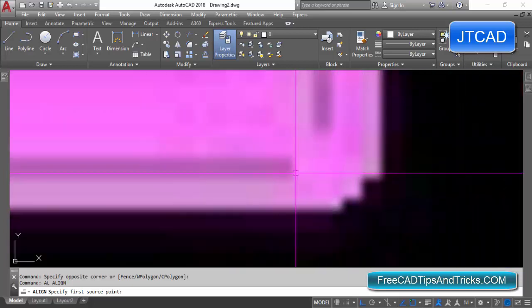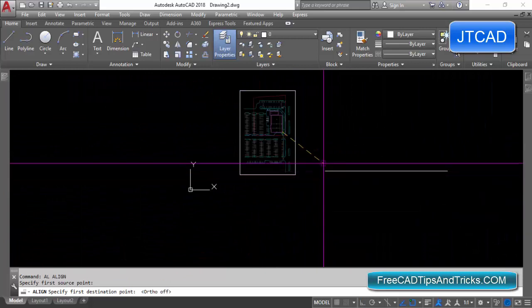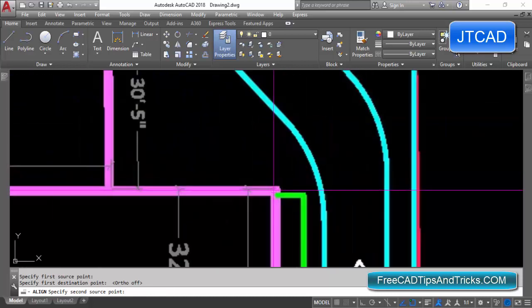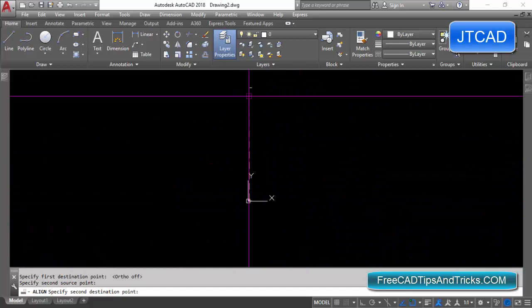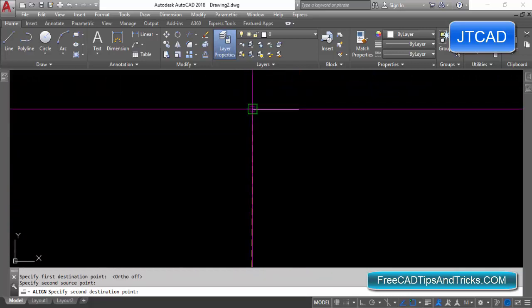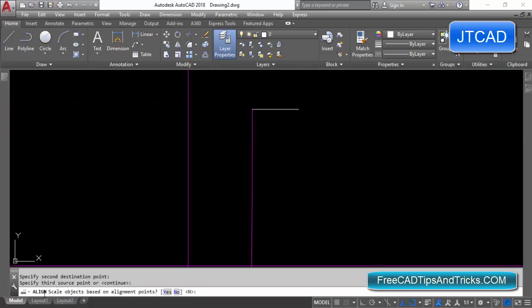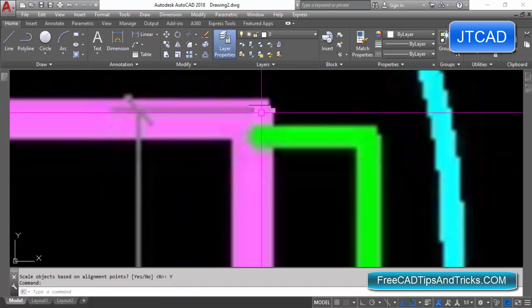I will select the first corner, which is this one, switch off F8, click here, and then click on the second one, then I will go to here, click it and right click, and it says align scale objects. If they ask whether you want to scale the objects, I will select yes, we need to scale it. I'll delete this line